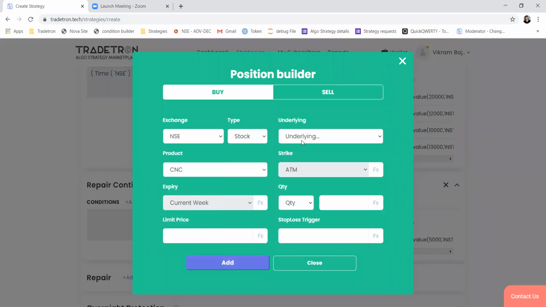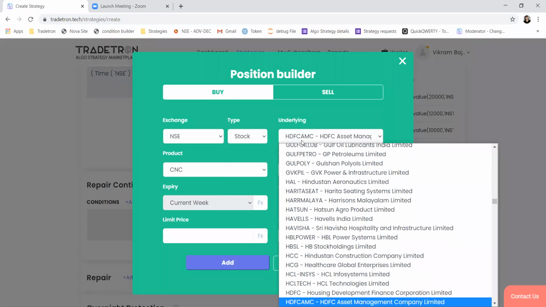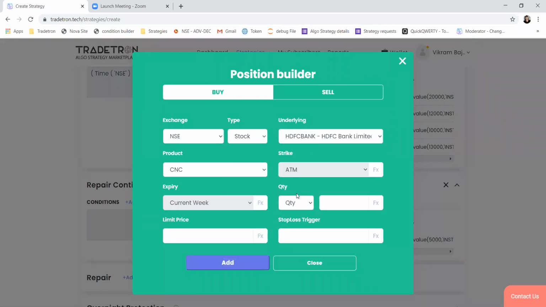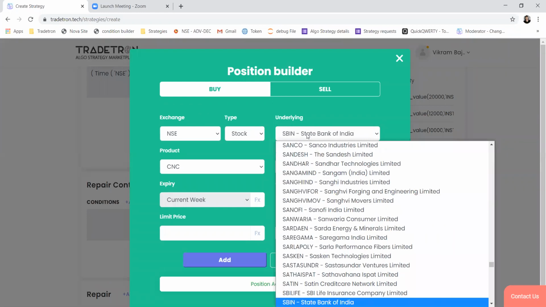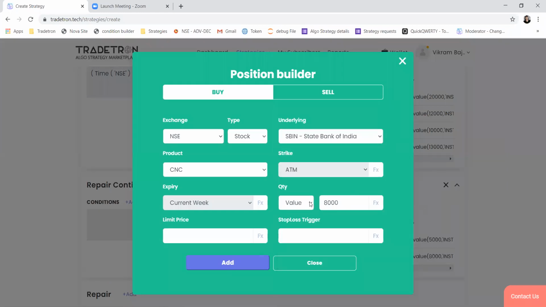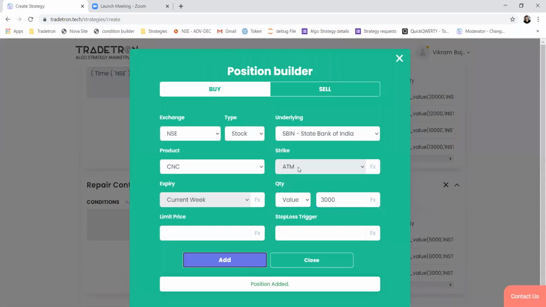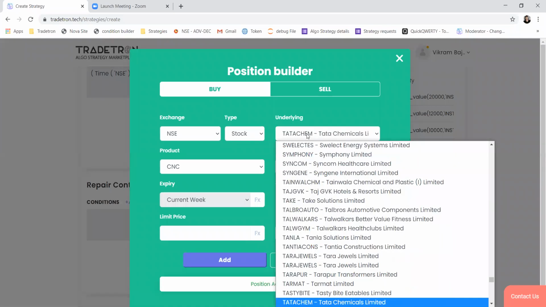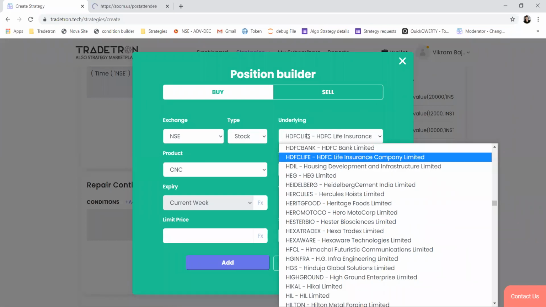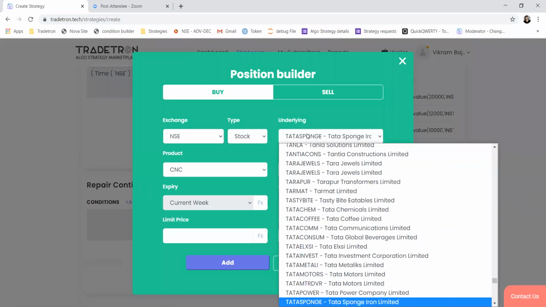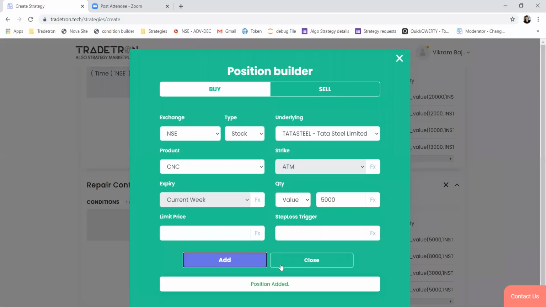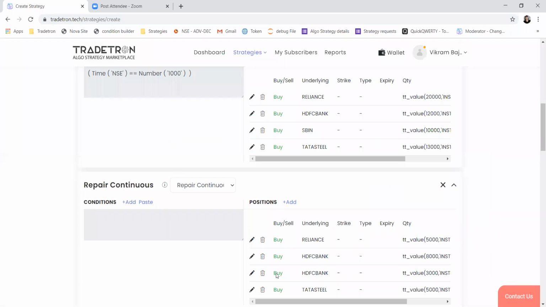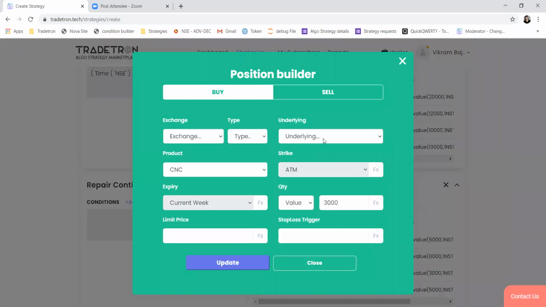Then 8,000. Fourth was... So not necessarily you have to keep all the stocks, but yeah, if you want, you can keep all stocks in your portfolio to add again, or if you want to just keep three, you can do that as well.